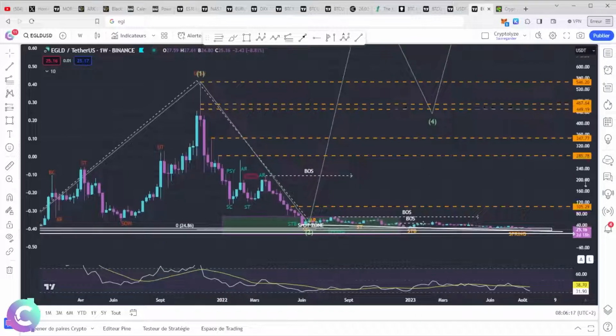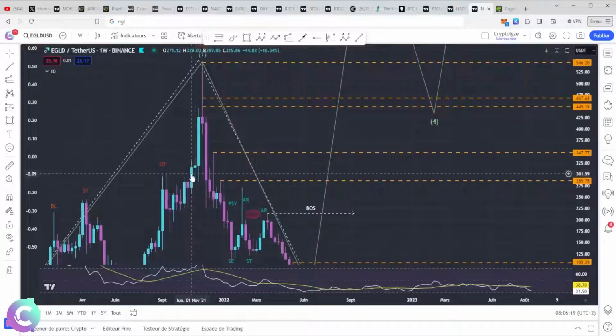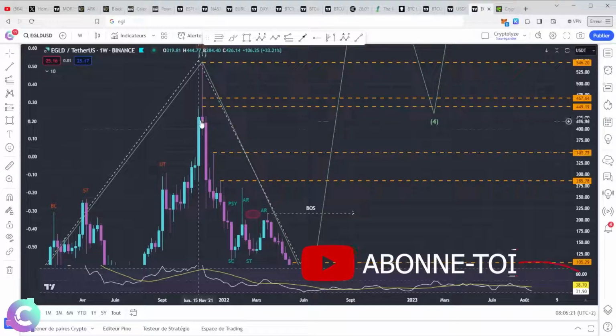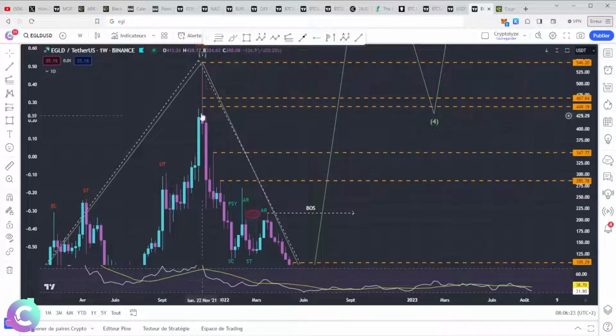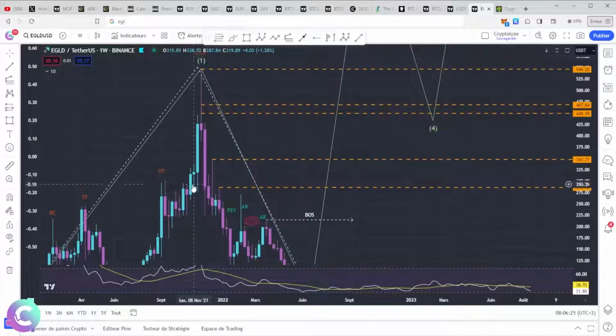But what is interesting to see is that we had a very big acceleration in a few weeks at the end of 2021, with in particular the launch of the DEX Maiar, in which there were a lot of incentives that were distributed, so a lot of upside pressure on the EGLD, and then inevitably, after so much acceleration, there was massive profit taking, and a bearish breakout, also linked to a change in the guidelines on the distribution of the EGLD incentive at the level of Maiar, okay?